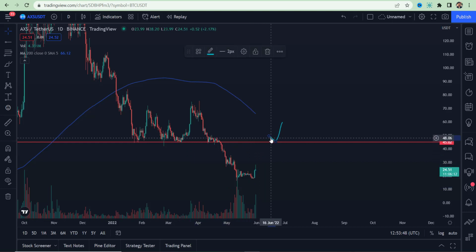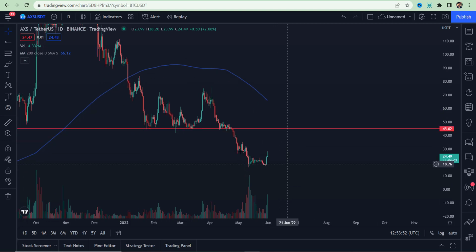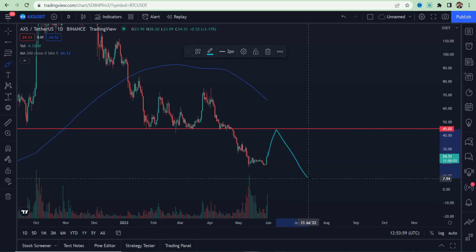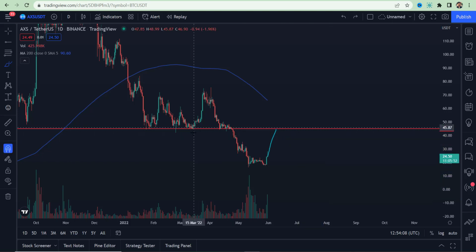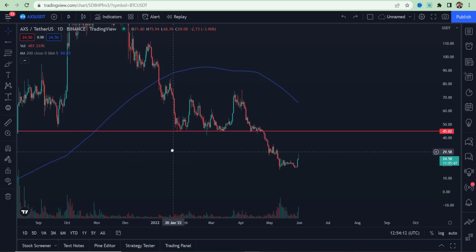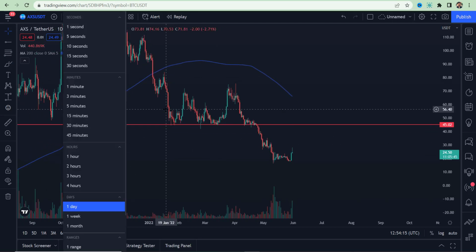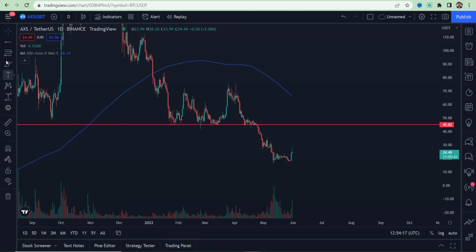So let's hope that happens. Until that happens, we cannot say that this was a break of structure or something else. There is another chance as well. Let's see if it goes here and gets rejected, so we can make another lower low. That's also a possibility that you have to keep in your mind. I don't want you to misjudge anything. I just want to give you some good trades, a good idea so that you could make something out of it.